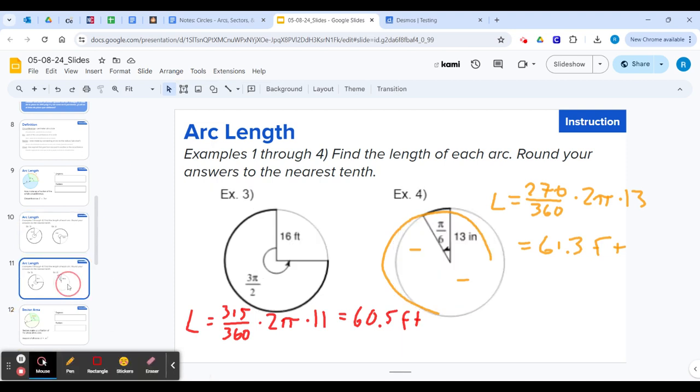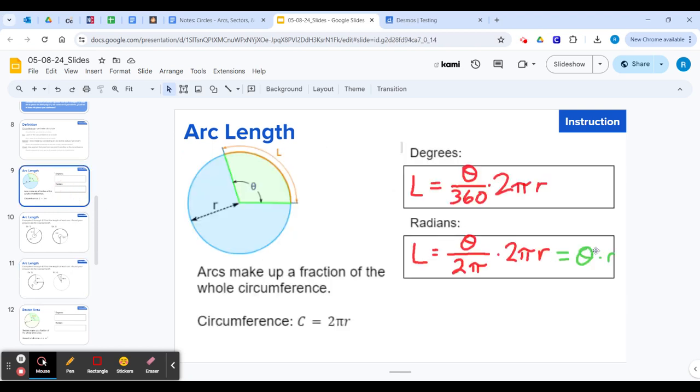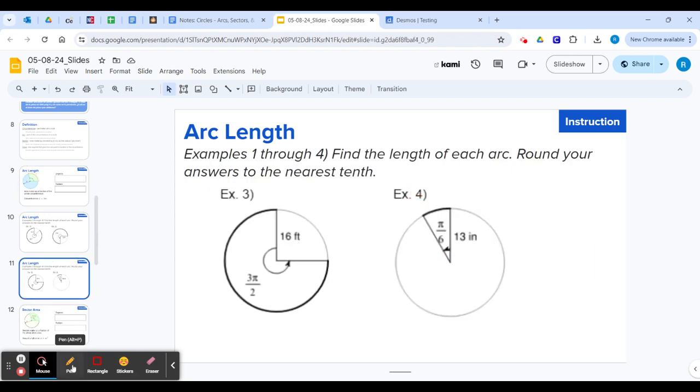Okay, similarly, we can do this with our radian measures. Notice how example 3 and example 4 have our radian measures here. So I recommend using that simplified version in this case. I'm going to work it through both ways on the first one just so you can see it. But let's start by setting it up with that simplified version, just taking that angle and multiplying it by